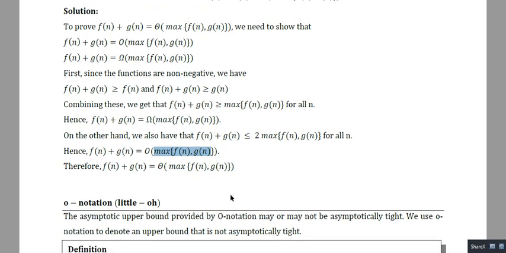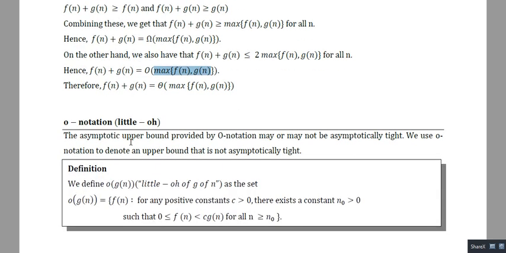So now these are the main asymptotic notations we use to represent the time complexity of any algorithm. Theta notation, where we find both upper bound and lower bound. Next one I have discussed, the big O notation, where we are just concerned about the asymptotic upper bound, and big omega notation, where we are interested only in the asymptotic lower bound, right? So now two more notations I shall discuss here.